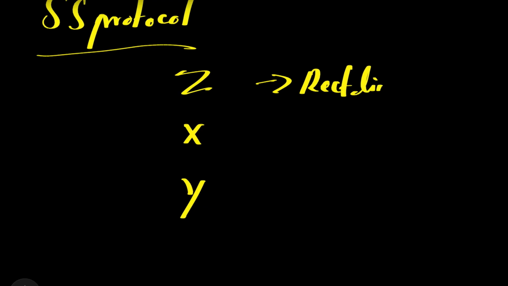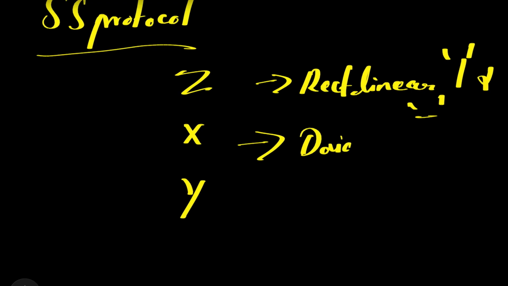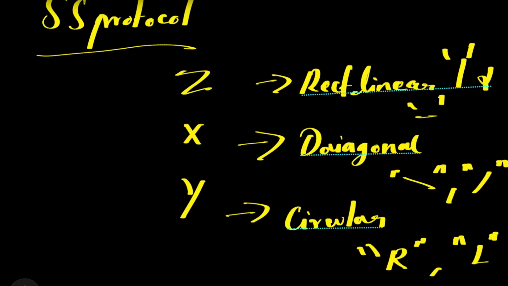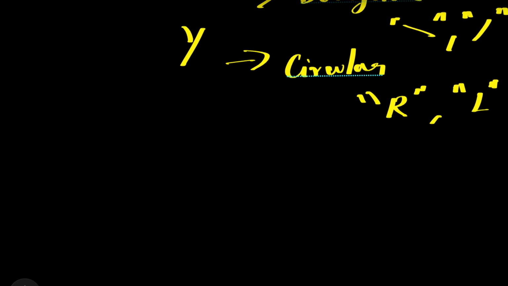This we already know: the rectilinear basis uses horizontal and vertical polarization. The X basis uses the diagonal, which uses 45 degree and 135 degree polarization, whereas Y uses circular, which is usually represented by right circular and left circular. So it's simple: the six-state protocol